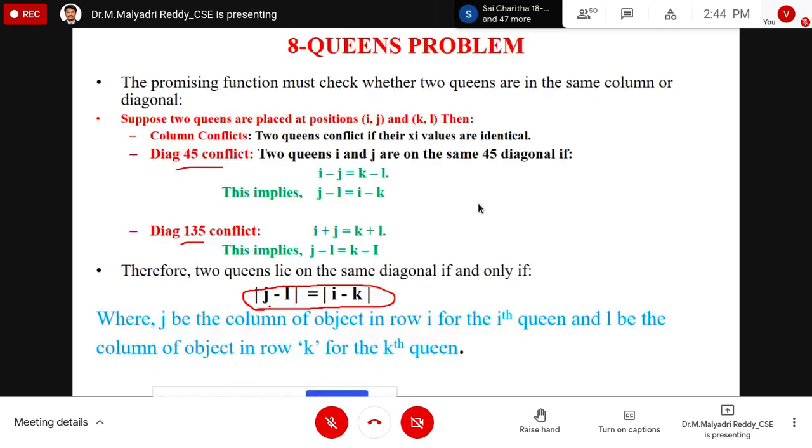So for the n-queen problem, what are the explicit constraints that specify the boundaries? Explicit constraints are the 8 queens. It is an 8 by 8 chessboard. That is, n-queen means an n by n chessboard you have to use. Here n specifies the n queens, which is the explicit constraint. That means 1 to n, 1 to 8 are the explicit constraints for the 8 queen problem, and then we can place 8 queens only. Implicit constraints are the row conflict, column conflict, and diagonal conflict.